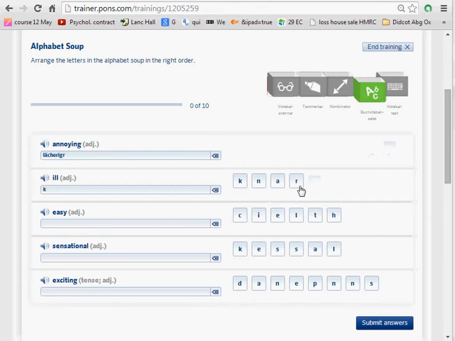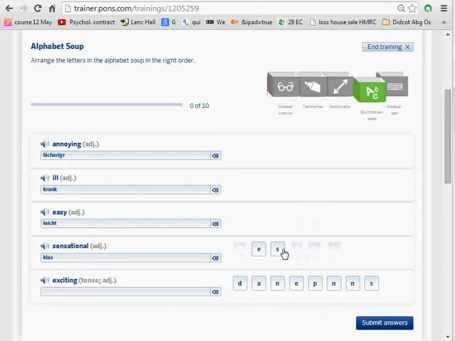Let's see what happens. The next word, ill, that should be krank. Easy should be nicht einfach, sondern leicht. So it helps if you got the letters there. So if you've got several ideas for the answer. Sensational in this case is klasse, as in that's sensational, that's super, that's prima. Klasse. And exciting in this case is